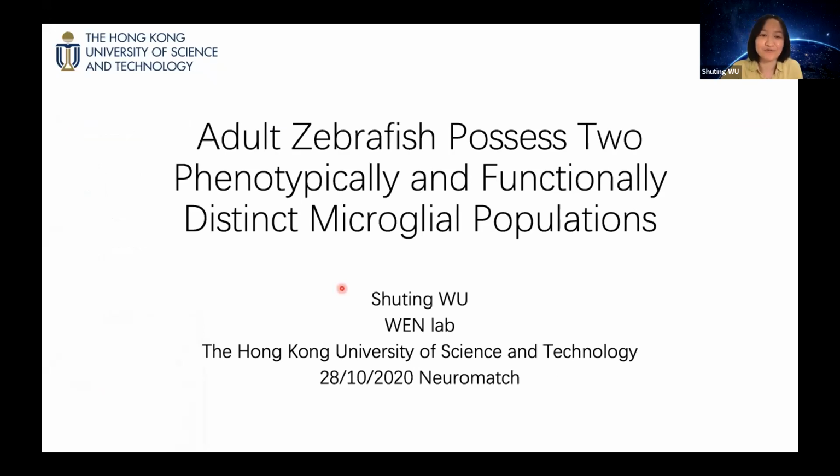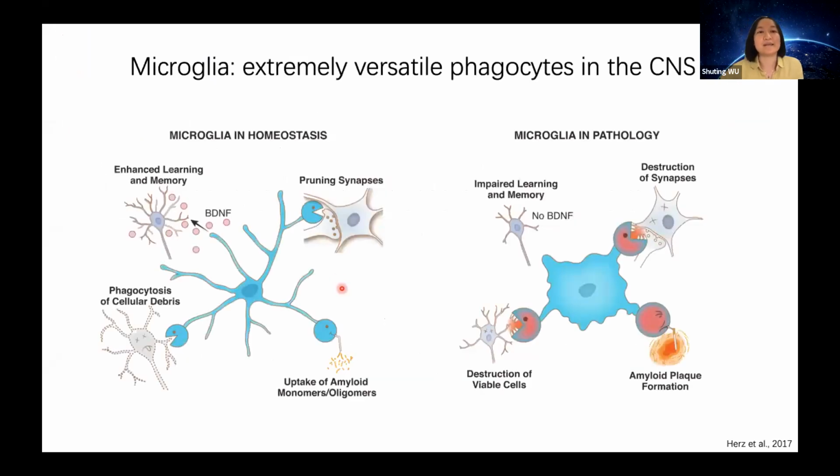I'm Shanting Wu from the Hong Kong University of Science and Technology, and I work on microglia using zebrafish. Today I'm glad to share with you my research work, which is about the heterogeneity of microglia in the zebrafish adult brain. I think the importance of microglia does not need further introduction, but for those of you who are not familiar with microglia,